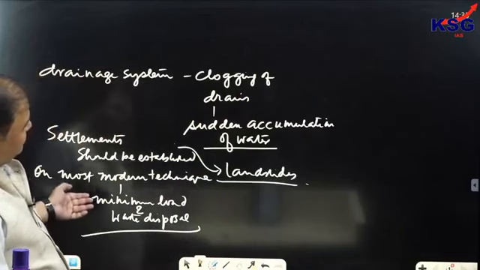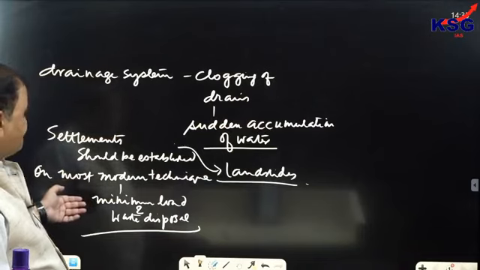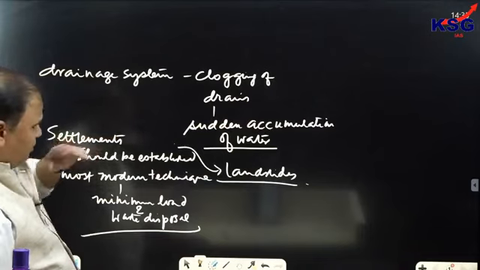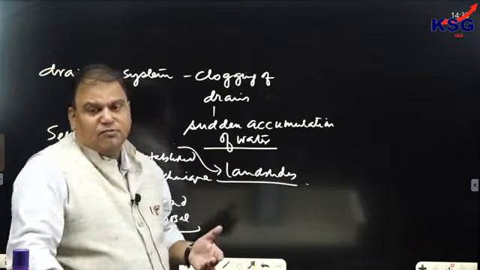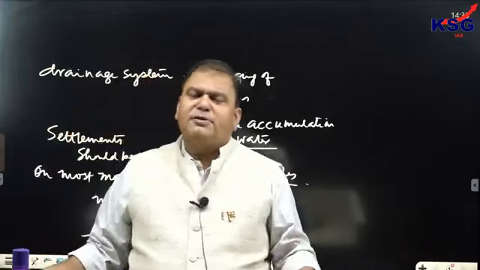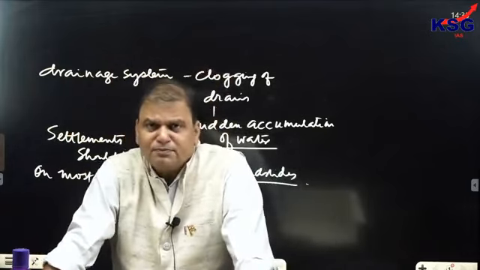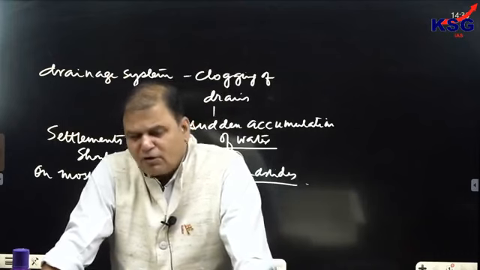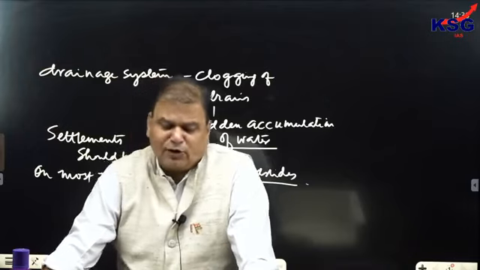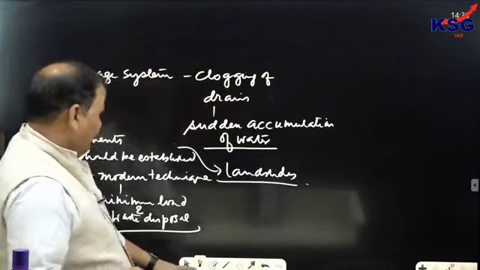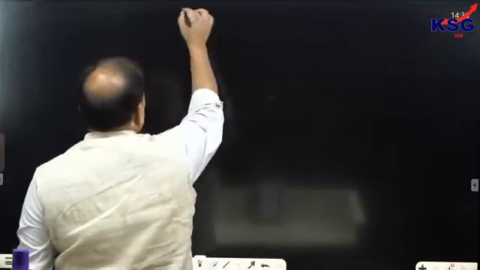And then we can see that as far as cloud bursting is concerned, cloud bursting was responsible for disasters like the 2013 Uttarakhand tragedy. But also along with cloud bursting, landslides should be covered. Now, as far as India is concerned, we can see two areas are more vulnerable for landslides.